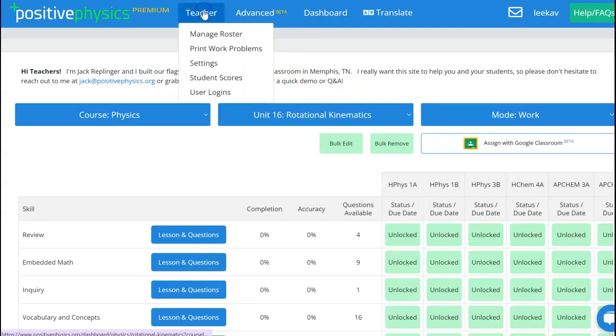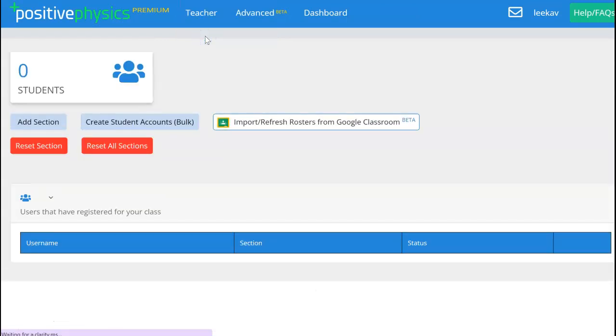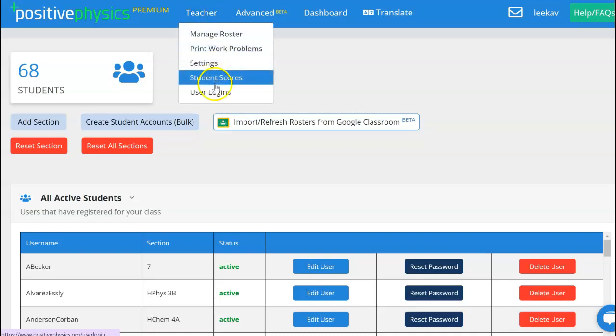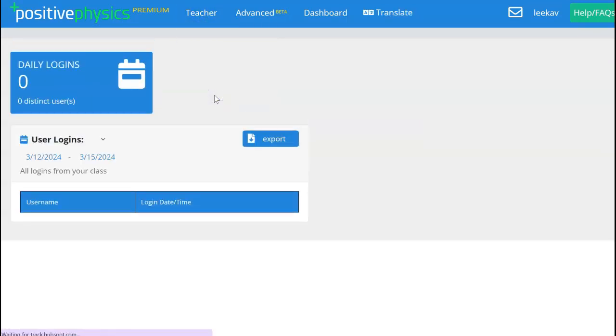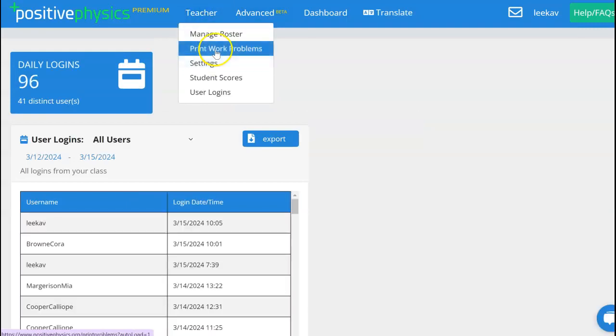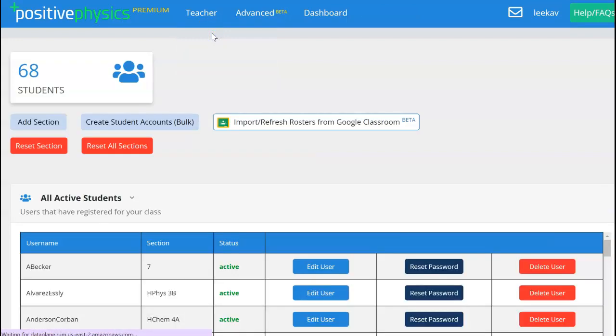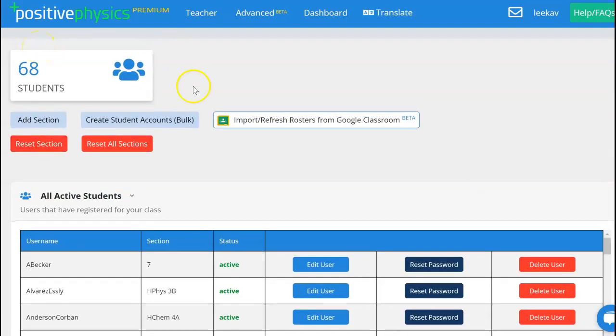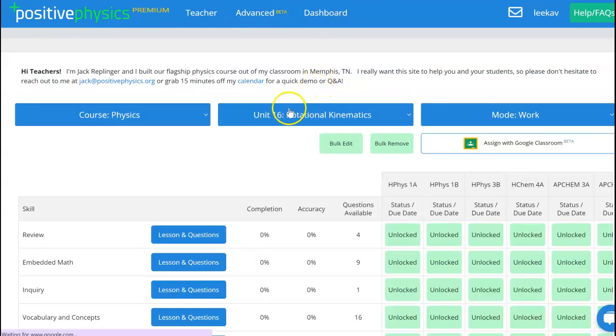Now let me see how you can set up your class. So you can set it up. That's not it. User logins. Nope, not that either. Manage roster. I thought that was where it was. Sorry. Oh, I can assign my students to sections. And I can reset the sections. I've already set them, but you can add a section and assign your students to each of the sections. And then you can flip-flop between the other courses if you were using it for chemistry and assign them different